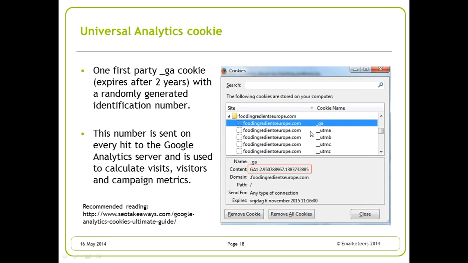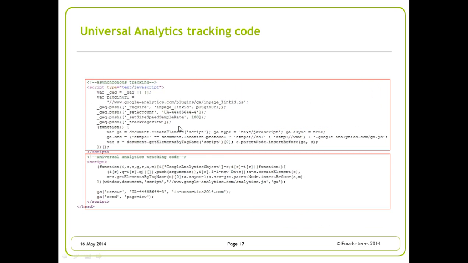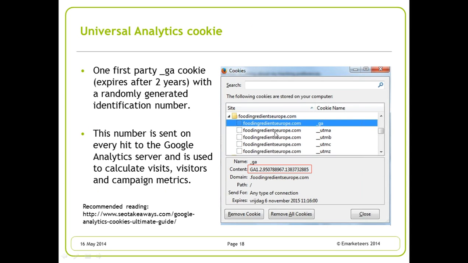What you see here is a website where we implemented both the old and the new Google Analytics, basically the one that we saw here on this slide. Here at the bottom you see 4 Google Analytics cookies from the old tracking code. In the new tracking code only one cookie is created, which is called _ga, and it stays valid for 2 years if it isn't deleted in the meantime.